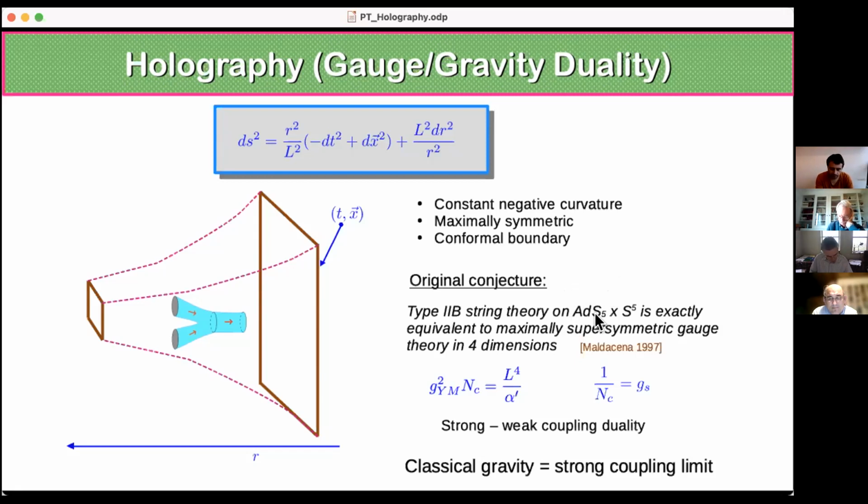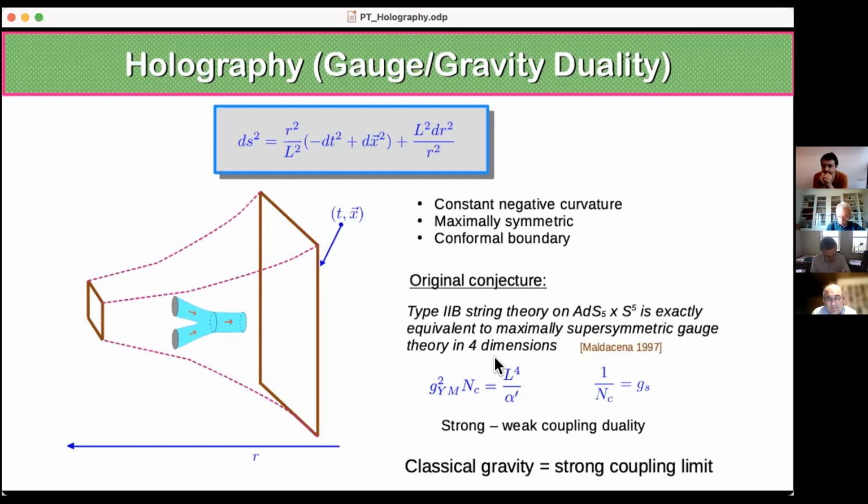It's the non-compact part, 5-dimensional anti-de Sitter space. And there is an additional 5-dimensional compact space, a 5-sphere, which for our purposes we can forget about. What it encodes is the internal symmetries of the theory. So it's an SO6 isometry on the S5, and this plays the role of the internal symmetries of the quantum field theory. And so the original conjecture is that this type 2B string theory on spaces which are asymptotically AdS5 cross S5